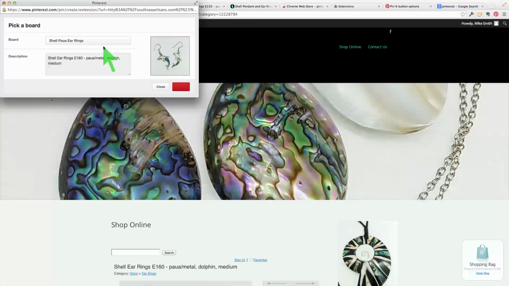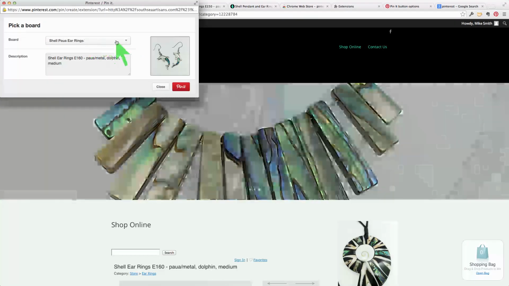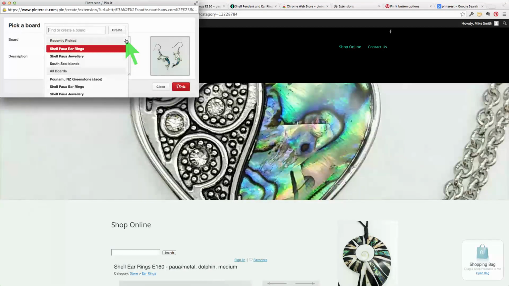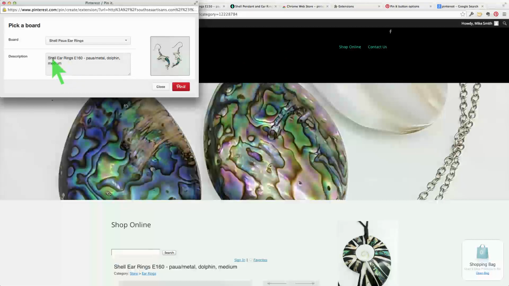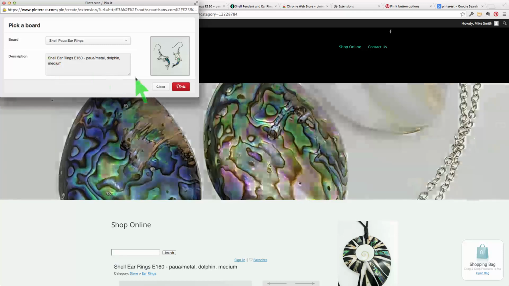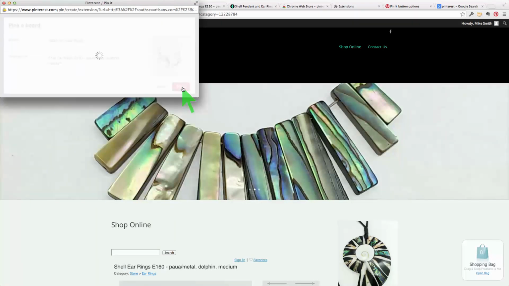Now because I'm logged in to this browser, it's going straight to my account, and it's asking me which board, as you can see, this pull down here, and it seems to remember the last board used, so I don't really even need to click on that. But notice this, the description has been populated by the title. Which is a really useful thing. And the image is there already. So I just pin it there,